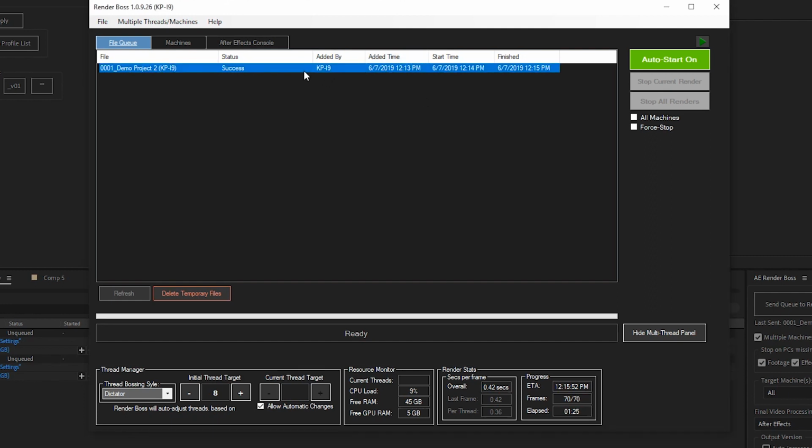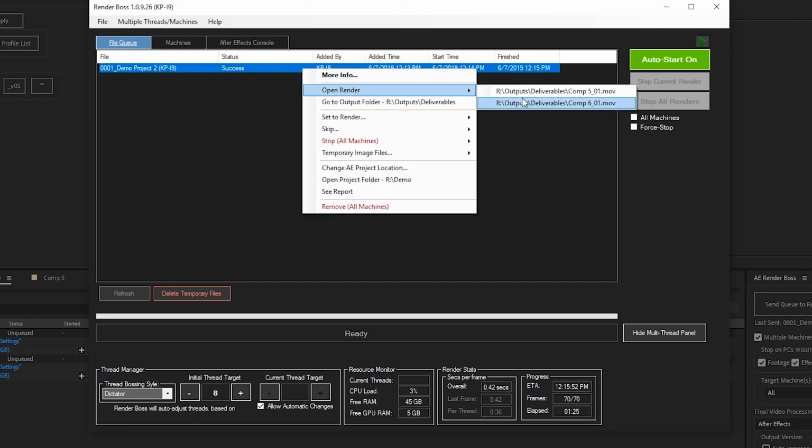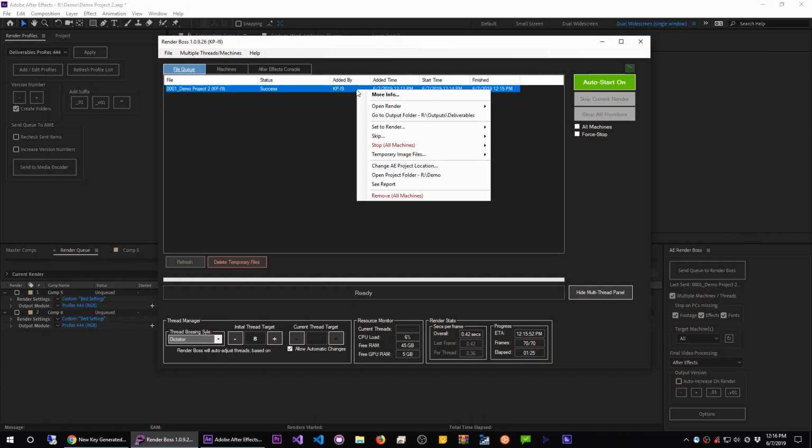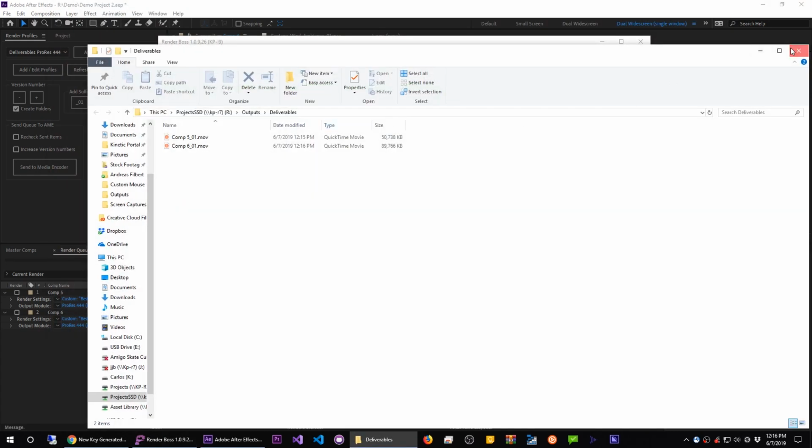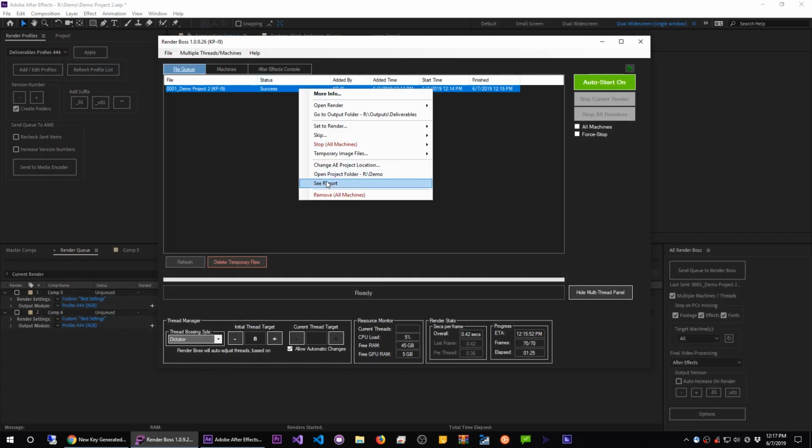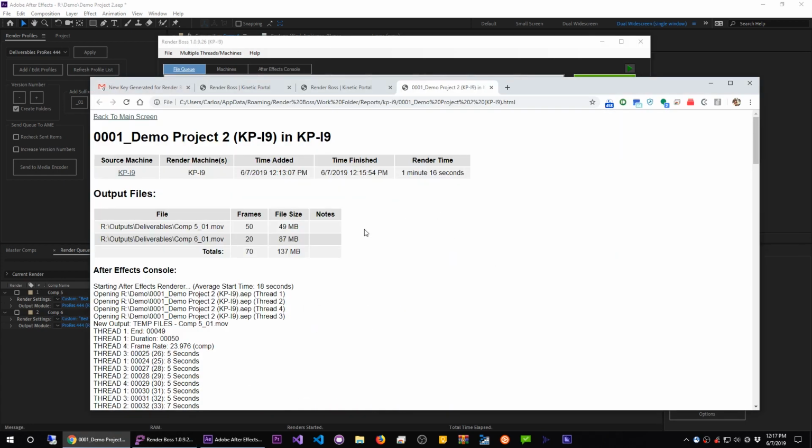Once the render finishes, you can right-click here and open the render files, or the folder where they are. You can also open the render report, which has more information about the render and actually all the After Effects logs, and that can be pretty useful. Anyway, we'll go deeper into the other options in a separate video. For now, I just wanted to show you how to get started,